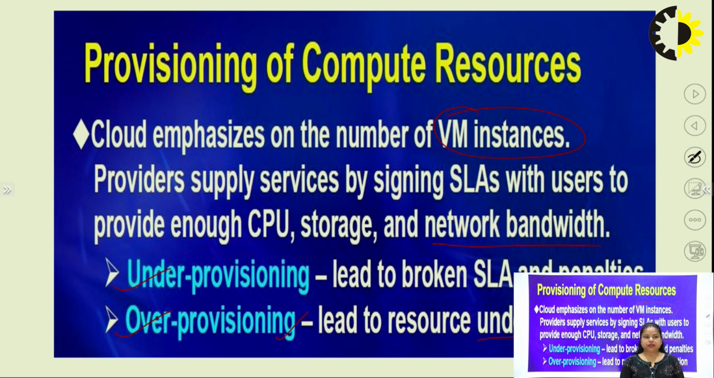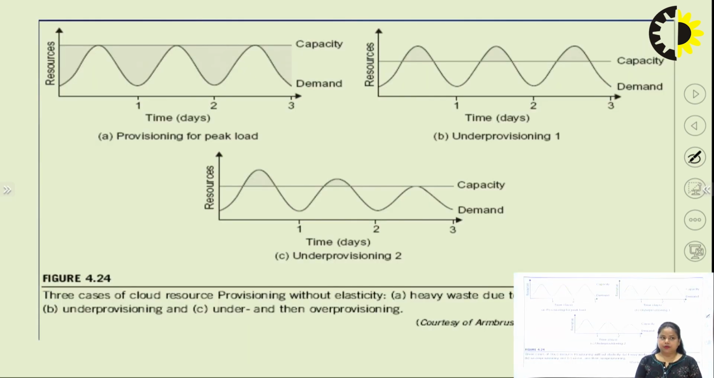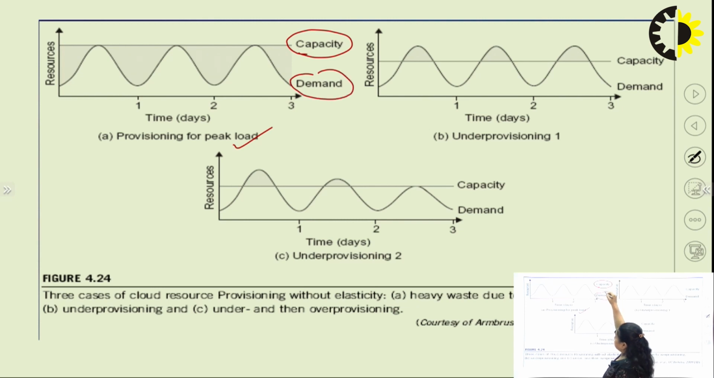So these are two terms, over provisioning and under provisioning. Now you can check the conditions. First of all, if I'm talking about the peak load in the case of provisioning, now you can see the graph. Suppose there is a capacity of providing the resources and this is the demand, right? So whatever resources are being demanded, it should always be within the limit of the capacity of the